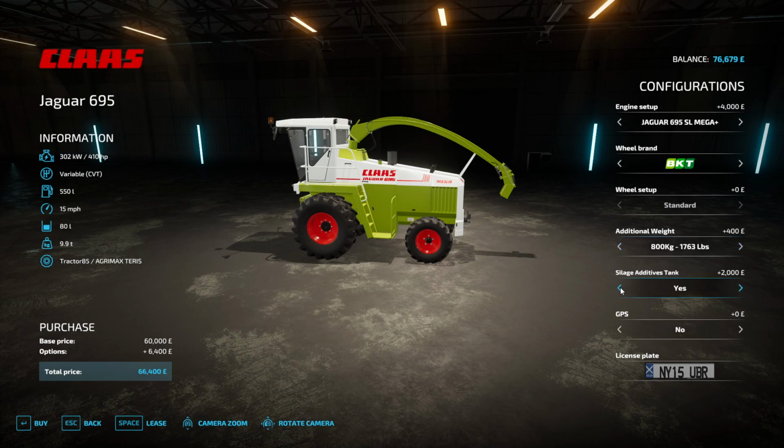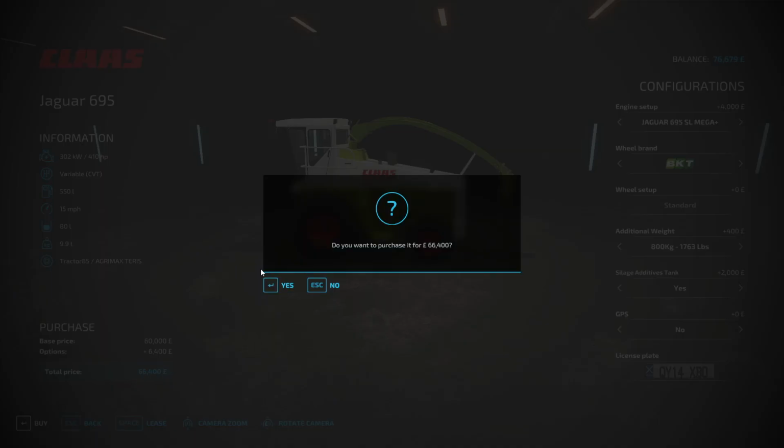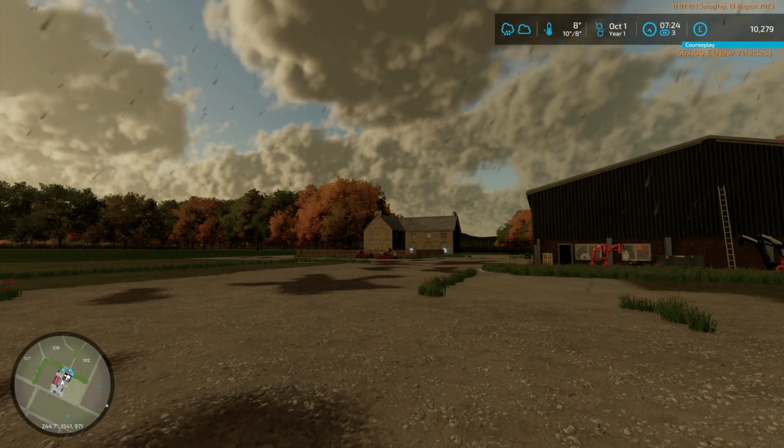Silage tanks. We're adding to the price, but we're only up to 66, and a random license plate for the back. Okay, so I did add a silage tank, so we should buy some silage additive. We've got the biggest engine in there, which is going to be helpful in some situations, and we're going to buy it. I can fetch my purchase from the store. So we will beam over to the store